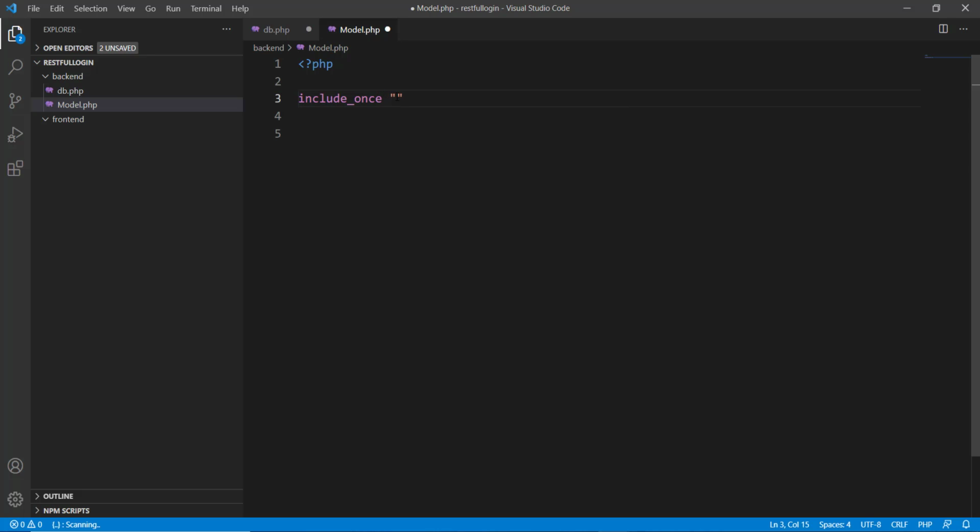We have to provide the name in these quotation marks right there. Because model.php and database.php are in the same folder, I can say database.php. However, to be on the safe side, it is always a good idea to put a dot followed by a slash. So this indicates that in the current folder there is a file named db.php. Include that file